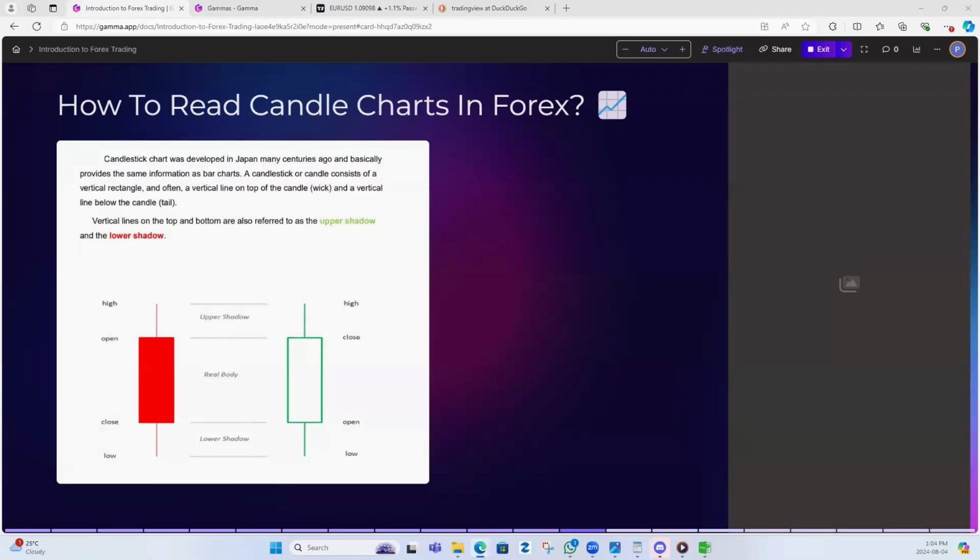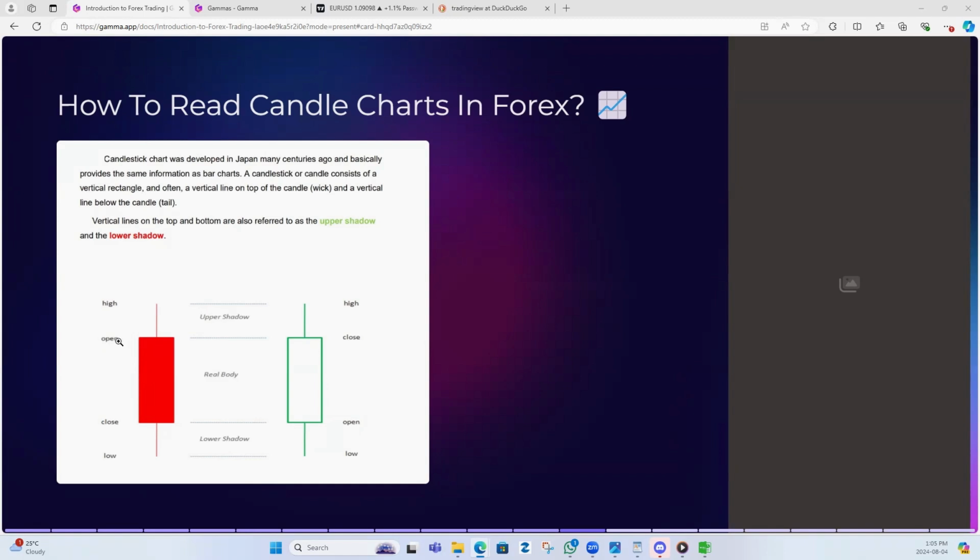So the candlestick chart was developed by Japanese traders in order to predict the price. As you can see, there are two candlesticks. One is on the left hand side, the other one on the right hand side. The left one is a red color, which is bearish. You can see four components of every candlestick. There is a wick, which we also call the upper shadow. This is the body of the candle. This is the lower shadow of the candle.